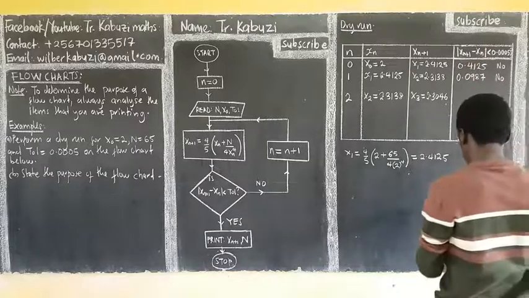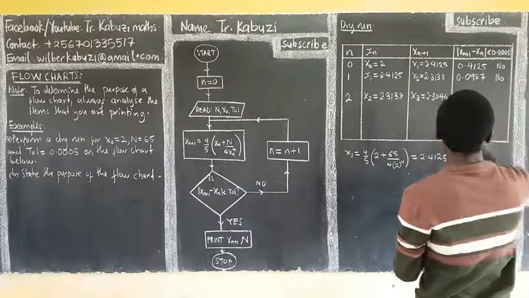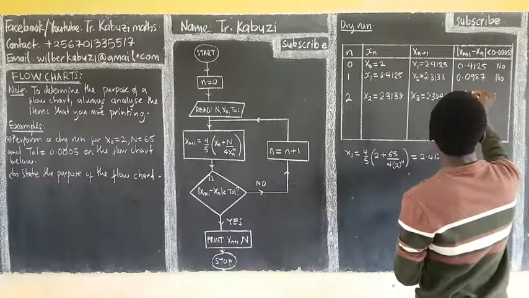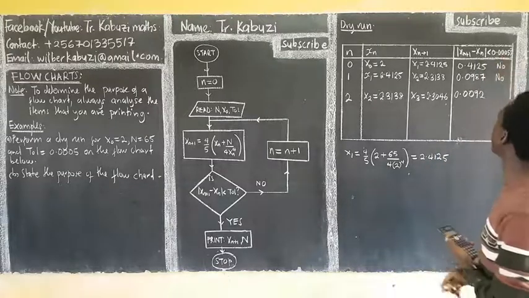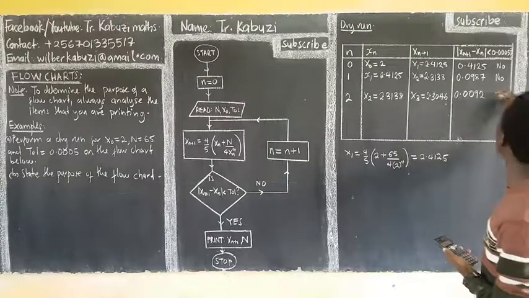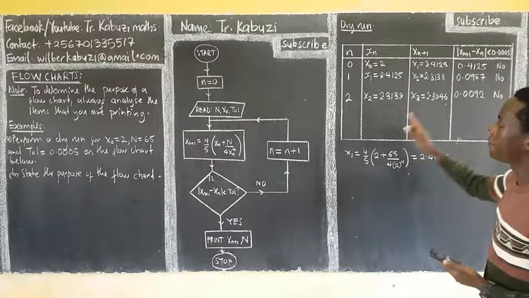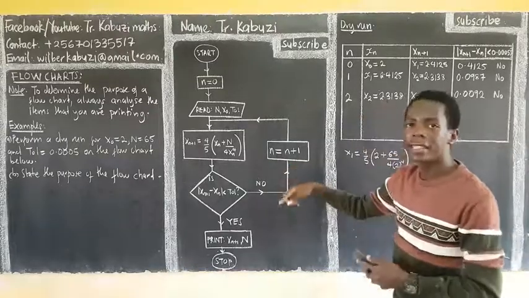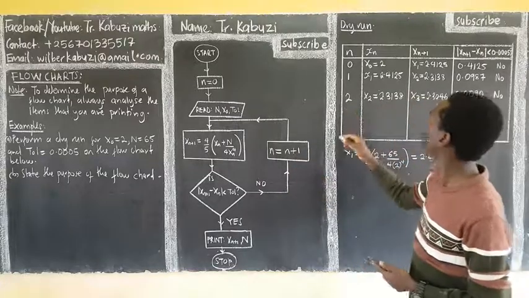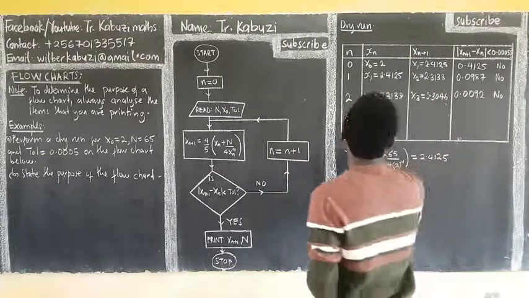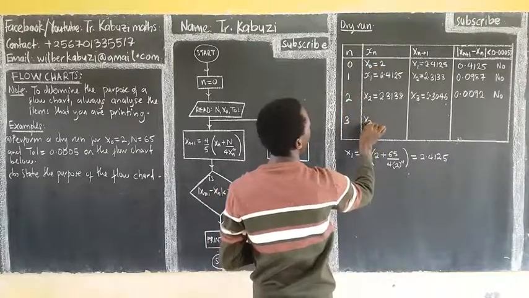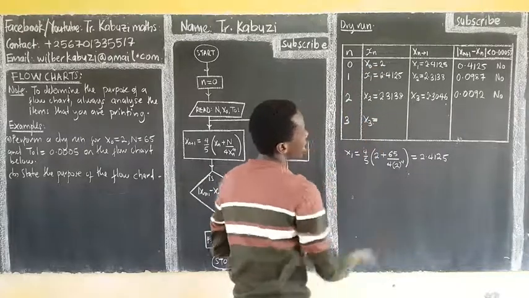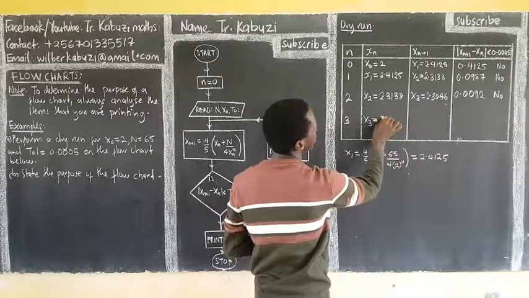The value we are getting there is 0.0092. Is this less than 0.005? The answer is no. If it's no, the previous n, we add 1. When I add 1 here, I will get a 3. So now my n is 3. So I'm going to use x3 equaling this. Now this is my x3,